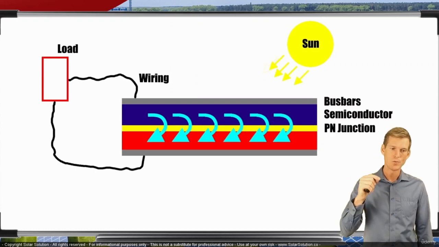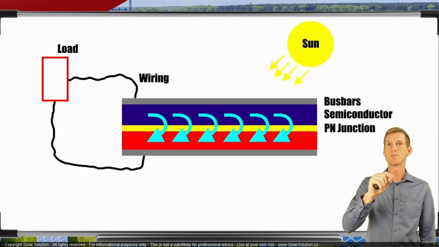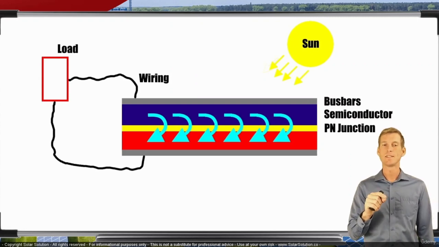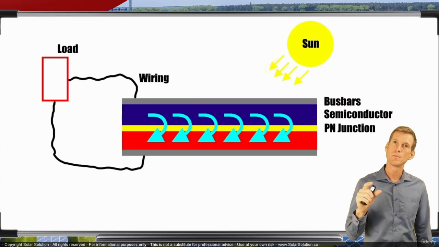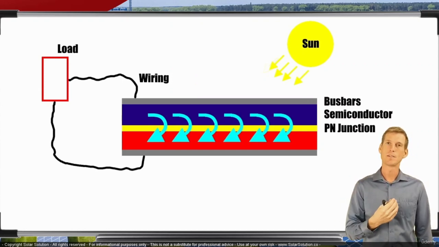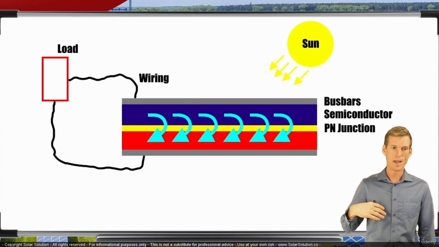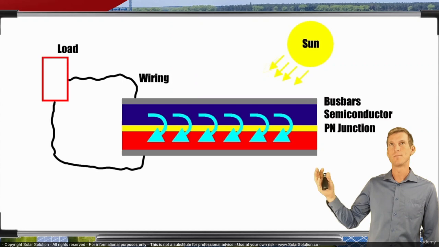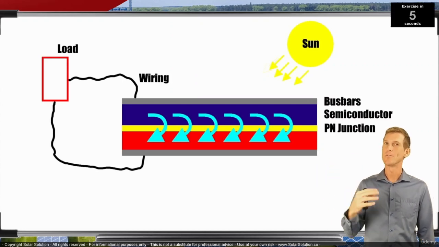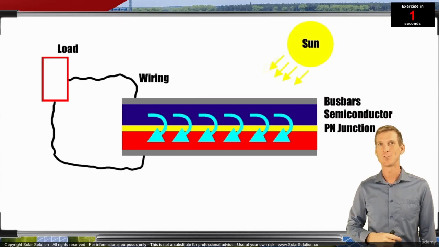So in this way, you are using the electricity that is being produced by the electrons jumping from one side to the other side. You're taking this power through the bus bars and leading it to your load. So this is how a semiconductor is being converted into a photovoltaic cell, and then by means of the sunlight hitting the solar cell, you're creating electricity and you're feeding this to your load, and you've now created an electrical circuit.